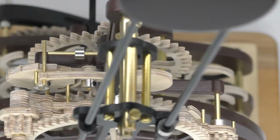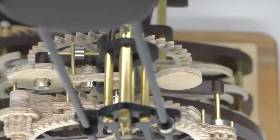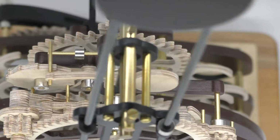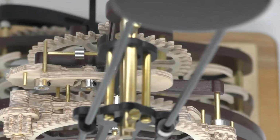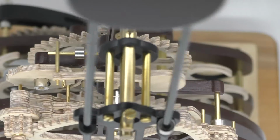The drop weight falls and impulses the pendulum every 8 seconds, and it is the pendulum that advances the count wheel which triggers the drop weight. But as it all happens so quickly, I will slow the video down so we can see what should be